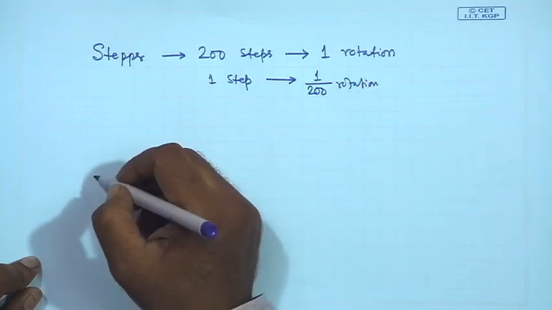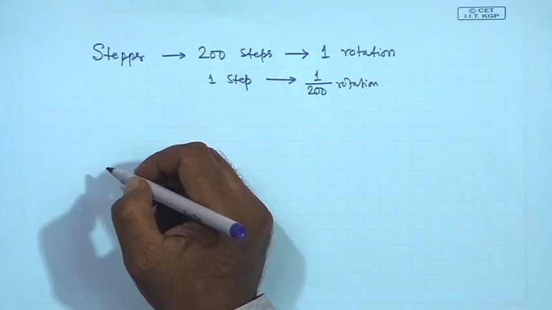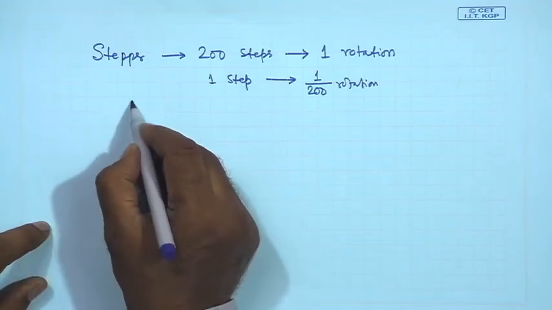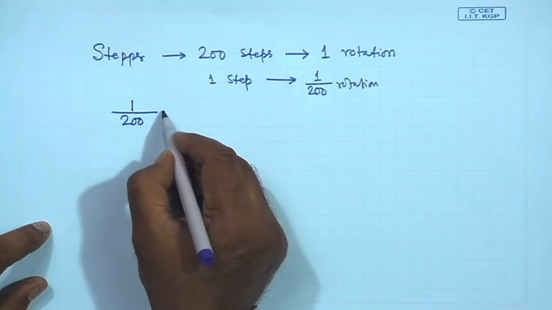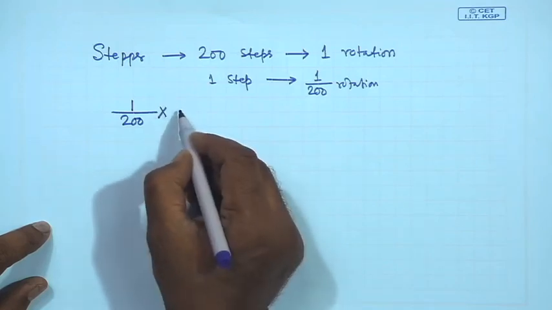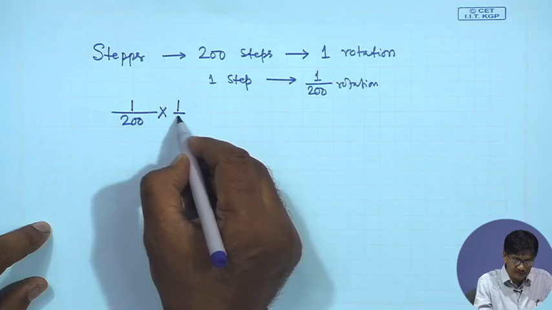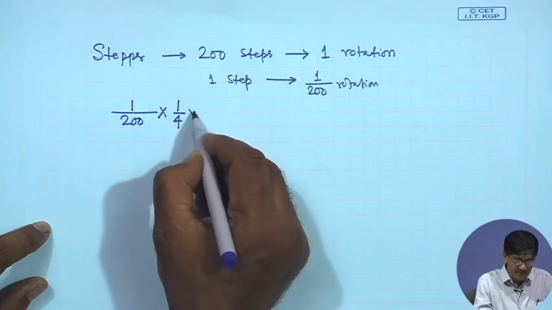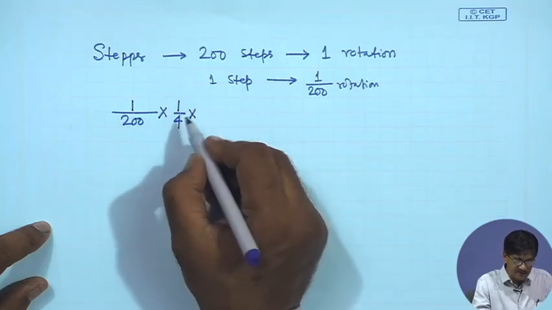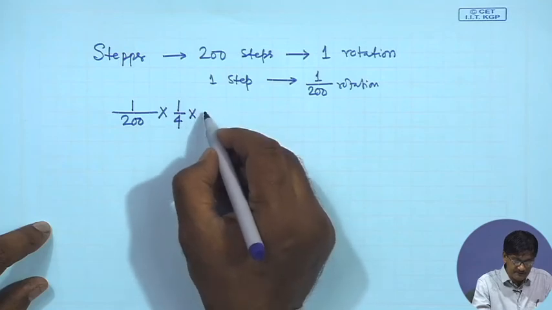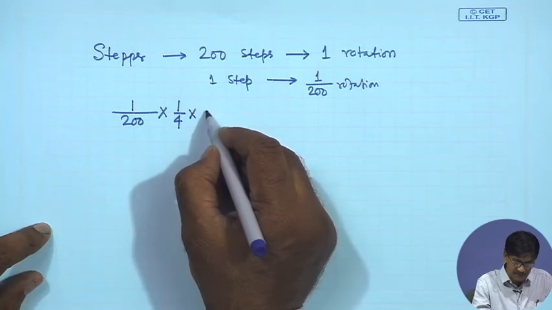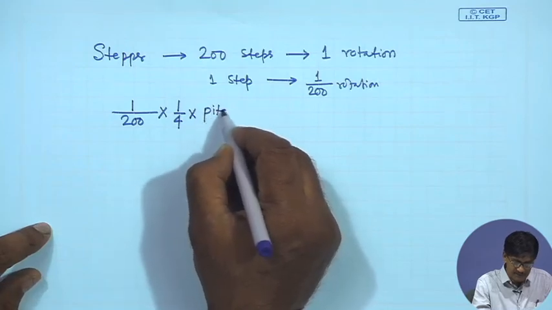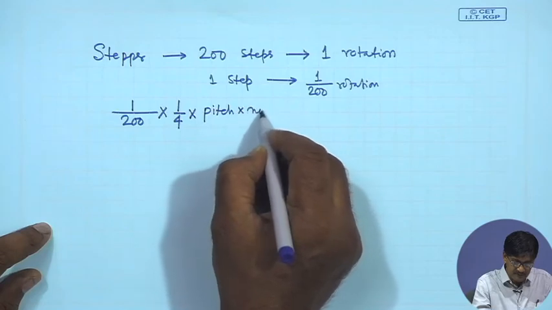All right. Therefore, I start with 1/200th of a rotation, multiply it by the gearbox ratio 1/4, multiply it with the lead screw lead. Lead screw lead is pitch, pitch is let me write down here, pitch into number of starts